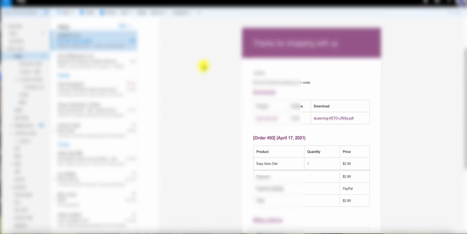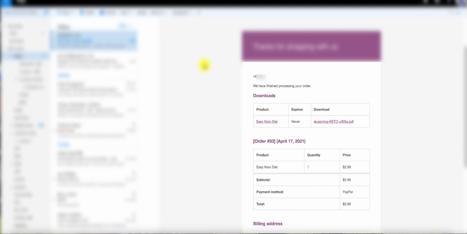The first one will be the receipt. So there is the receipt for the payment. And now what you'll do is go to the other email, and there is your receipt from your WooCommerce. Remember, this is generated from the plugin. So what you'll have there is your full receipt with all the billing orders, and this is what the customer will see. So in order for the customer to access their e-learning, they will just go to the download. Remember the PDF link that we added. All they will do is just select that,